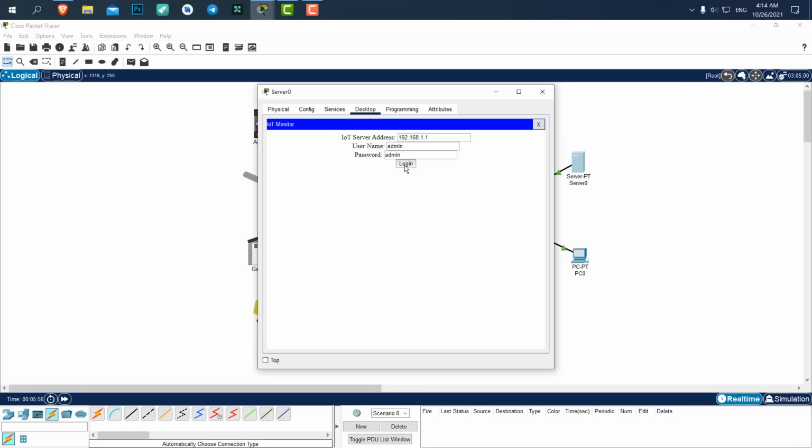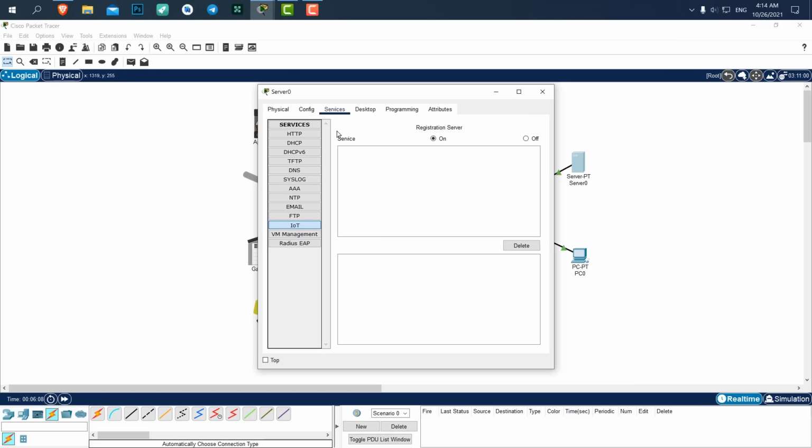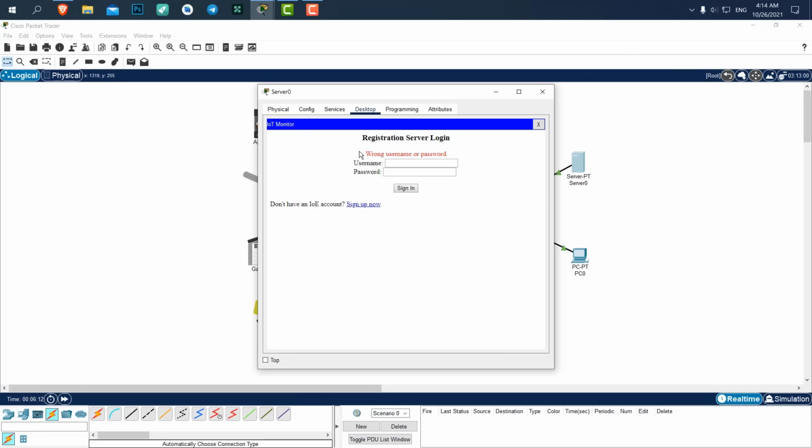The IP address of our server. Okay, now you can see it says the login wasn't successful, and now we have a sign up now. So one mistake I had, we need to turn on the IoT first. All right, and let's sign up now and set a username and password like